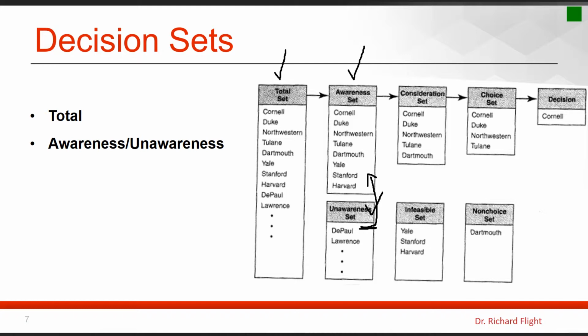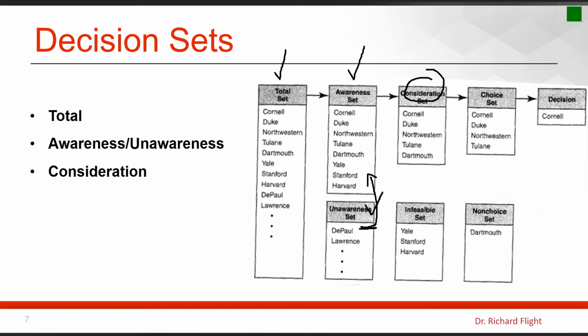It would be their job to begin to build awareness by sending information to the prospective student so that these unaware institutions could eventually come up and be in the awareness set up here. But as it is, you're only going to be in the awareness set if you know about the college, and those would be the only ones that you choose from. Based on the awareness set, then what you do is start weighing the pros and cons of each of the options using your decision criteria again, and maybe a weighting method. So this is the consideration set that is important.